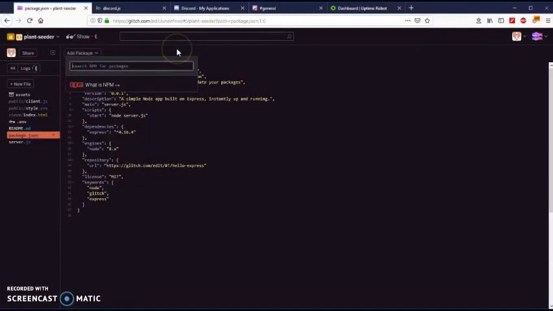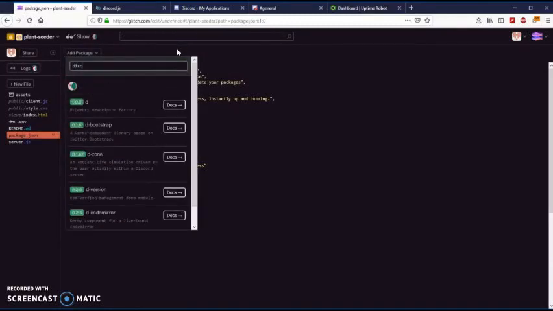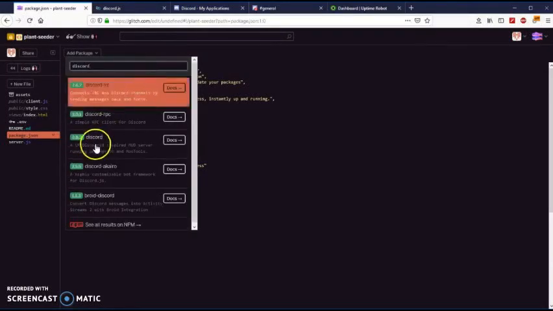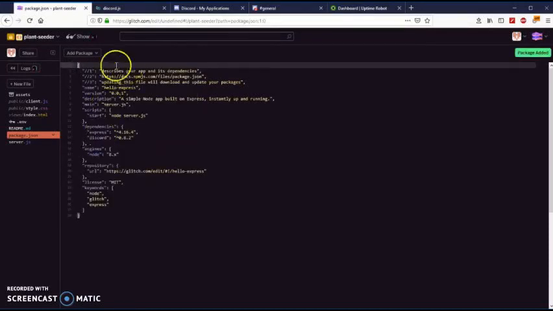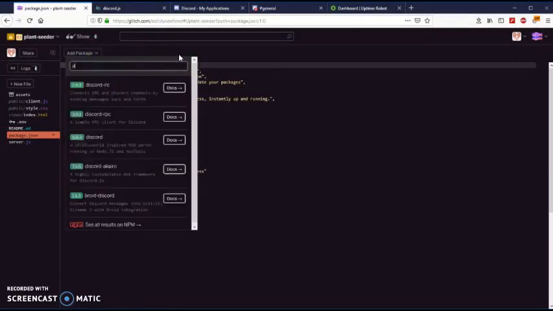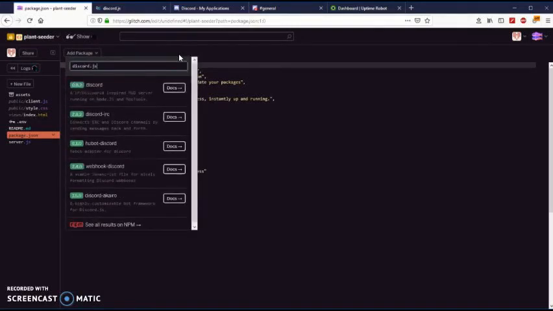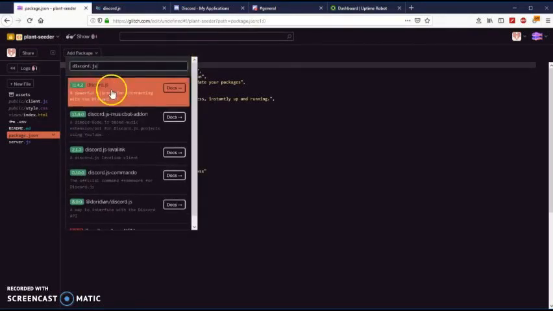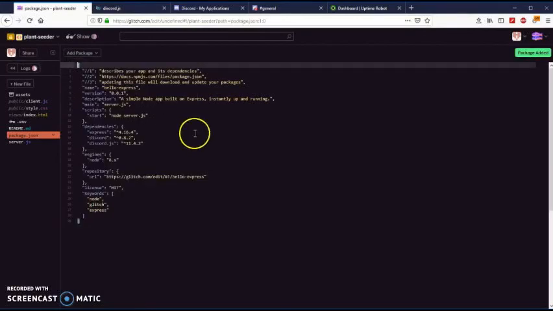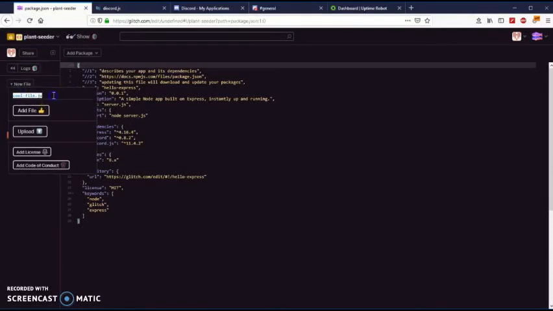And then here you're going to add a package, two packages actually, Discord and discord.js. Here it is, discord.js and Discord. It's done. Now what you do is new file,